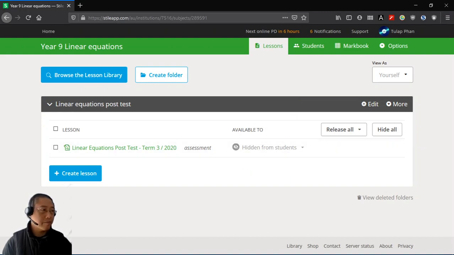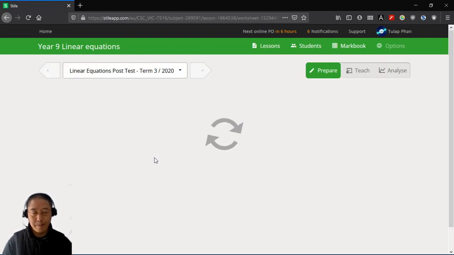That's about it. Sorry, last thing I need to add. Obviously, when the students have all completed their test, you go back to the assessment, and when you go into analyze,